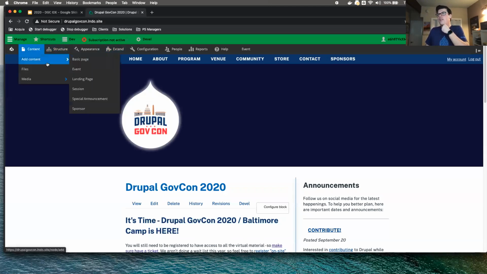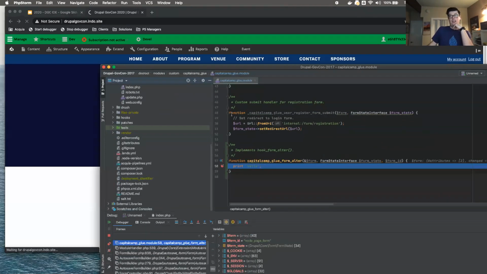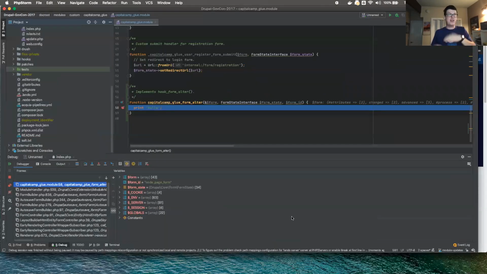Okay, so let's now go to a basic page with my debugger running, and you can see I didn't click, it automatically jumped. You can see my page is now just sitting here spinning, and that poor page will now spin forever.